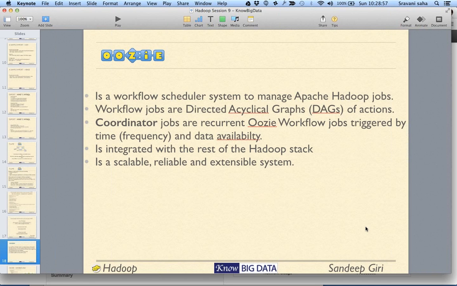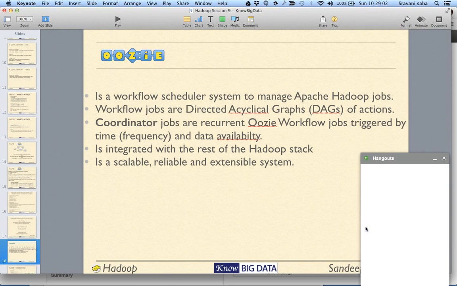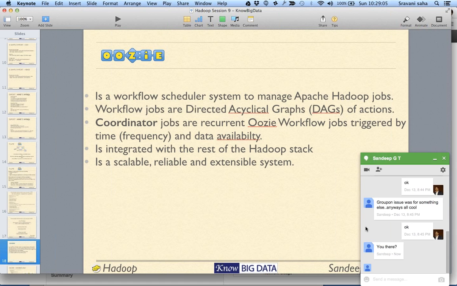So that was a standard, JBPM. So similar to that, lots of organizations have their own BPM, business process management, where you have hundreds of services which you want to call and do a kind of storyboarding. So similar to that, Oozie provides you a language, an XML kind of language, to define the